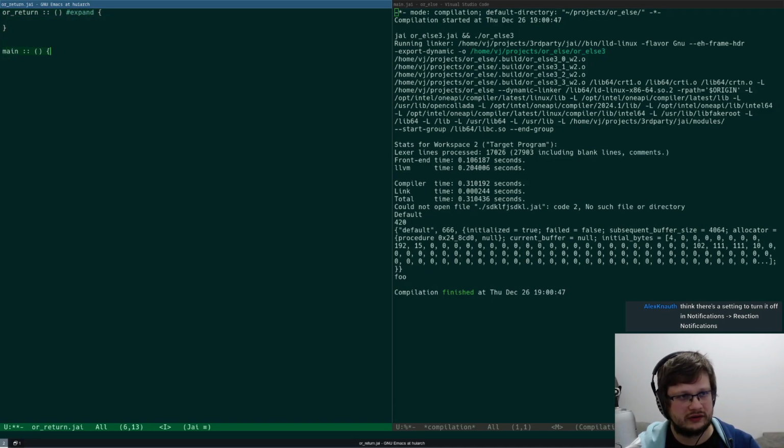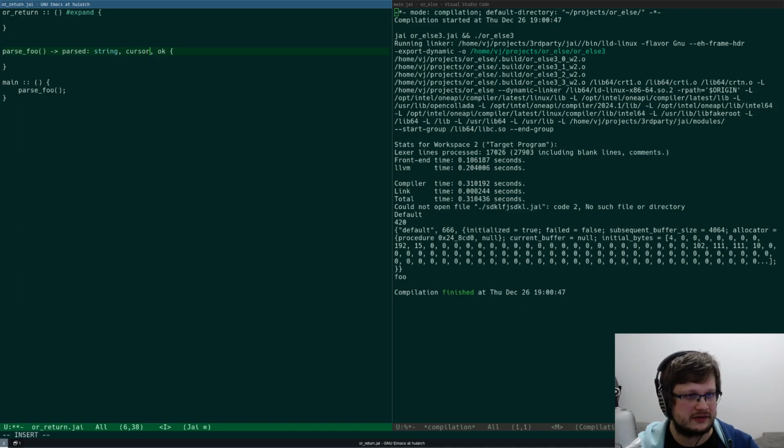What it's needed for is situations where you want to parse something and return a parsed result and maybe whether it succeeded, or it might return multiple things, like a parsed cursor, so maybe it's reentrant, and then okay, something like that, right?